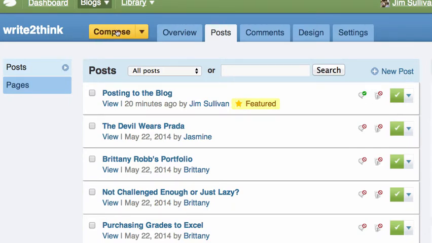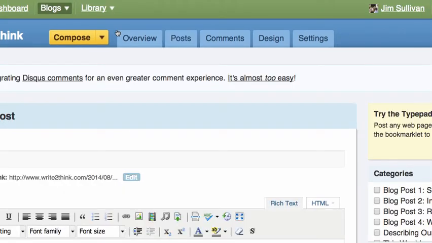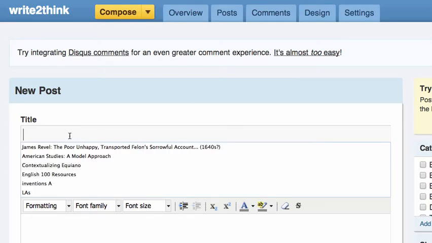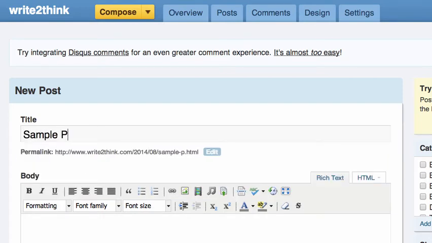So we're going to click on Compose, and that's how we create our first blog post. And you'll see when you're creating the first blog post, you're given this screen full of options. Here you're going to give your post a title. We'll just call it sample post. Notice that when you write the title, it creates an address for you. This is going to be important later because this is what you want to copy and paste and move into Blackboard. And then you go down into your post and you just start typing